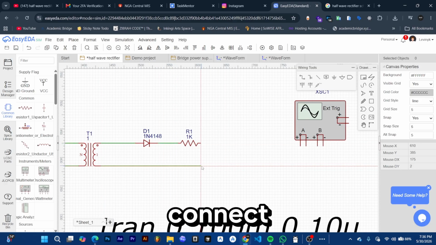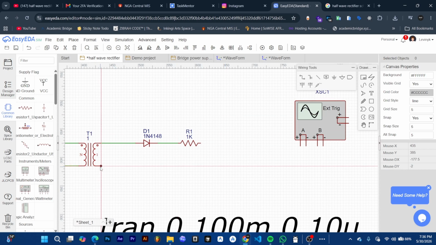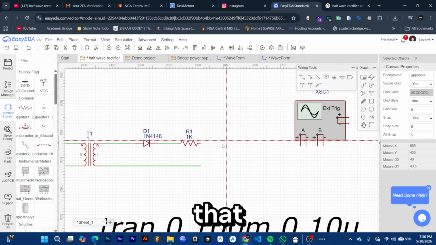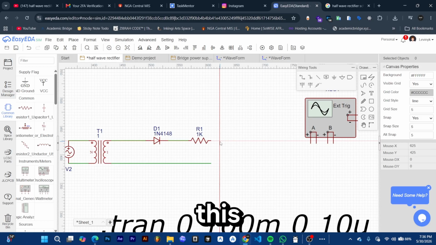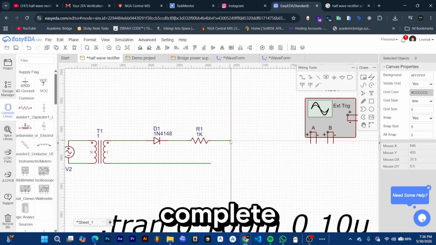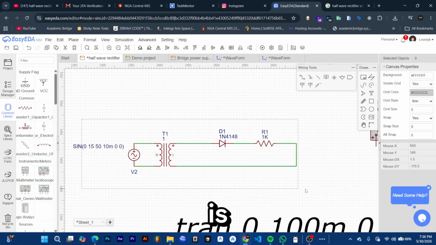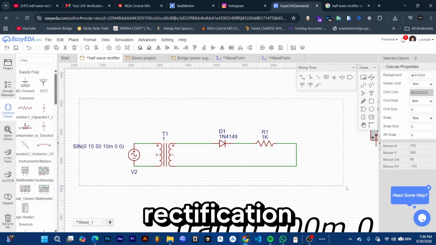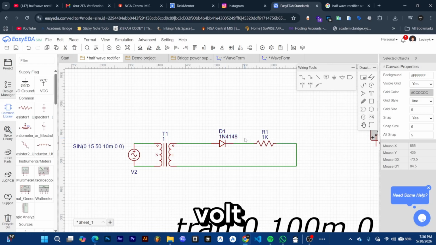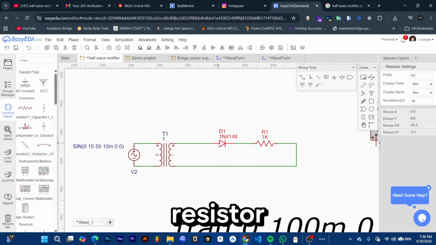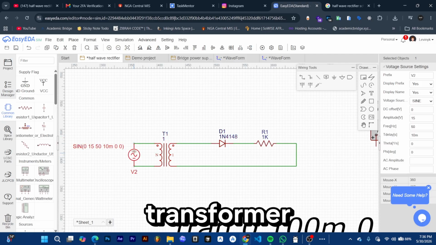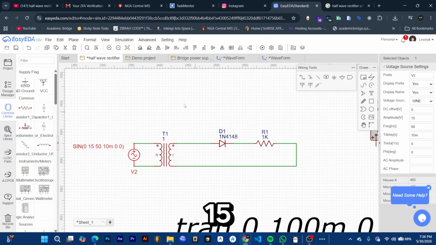Now we're just gonna connect like that. Sorry, we're just gonna connect like that. Great. So now after this we just need to complete the circuit like this. Great. So this already is enough to give us a half-wave rectification graph, or half-wave rectification current. What we see over here is our resistor, our diode, transformer, and our input voltage, which is 15 volts at